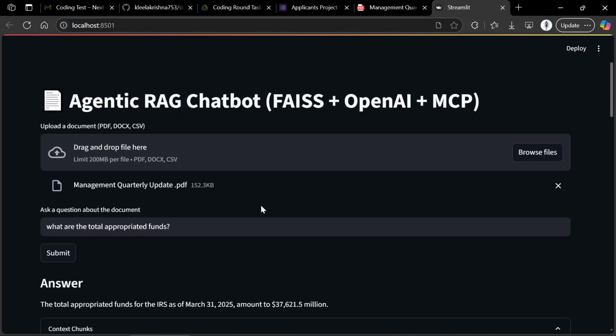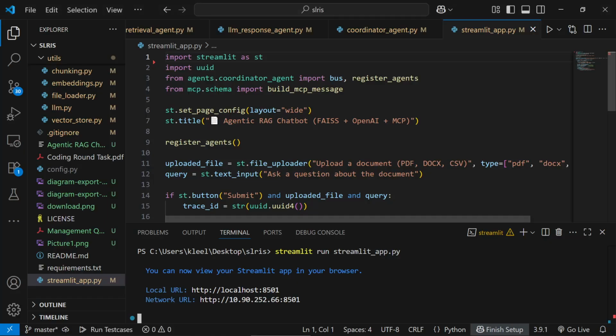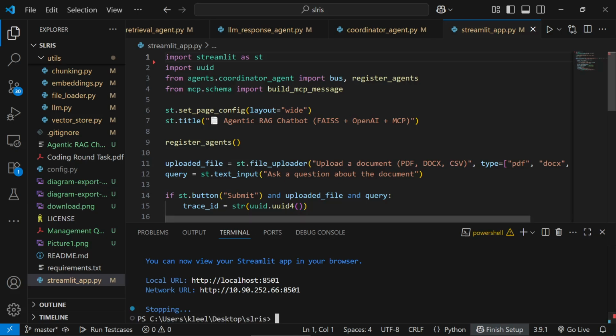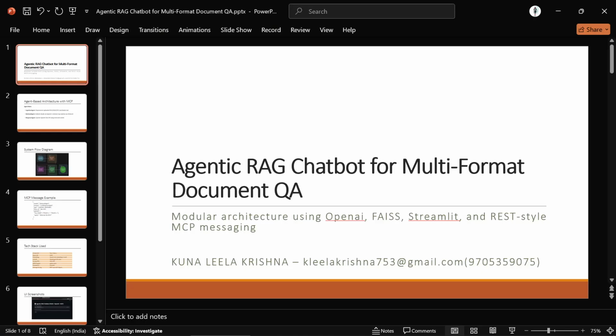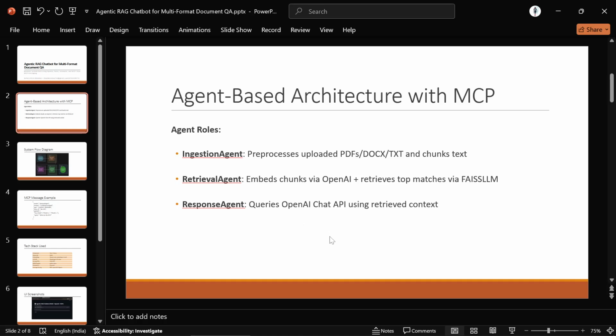So now let's deep dive into the whole system and how it works. Okay, now as for the architecture, it has mainly three agents, which are the ingestion agent, retrieval agent, and response agent. The ingestion agent